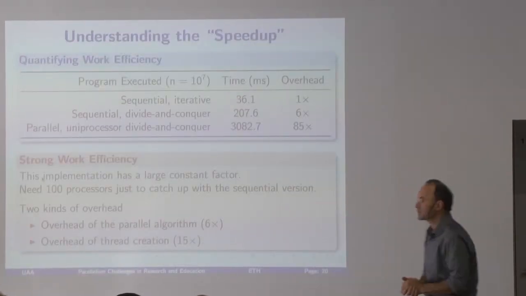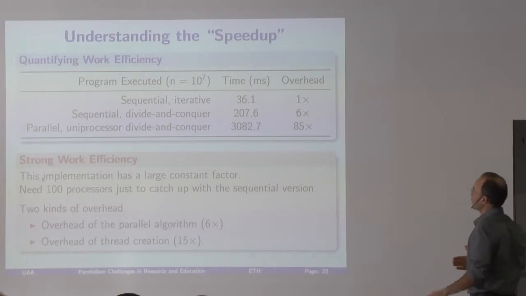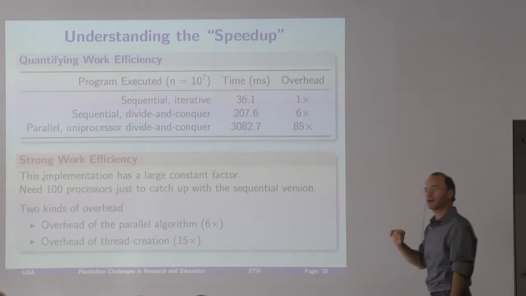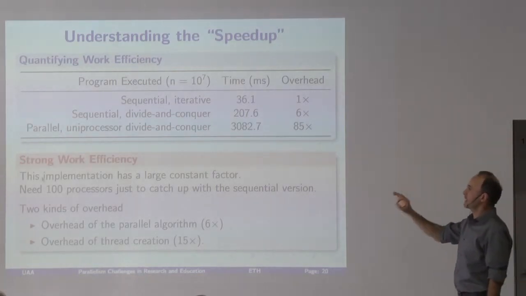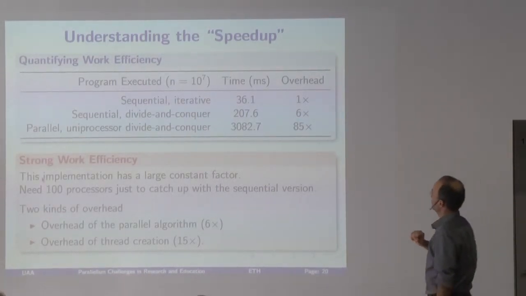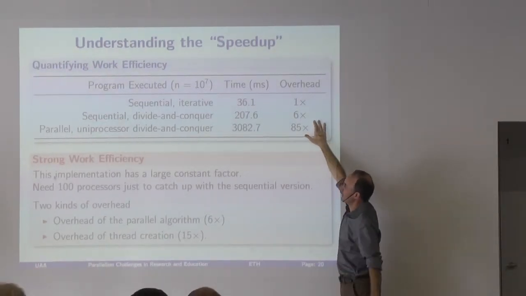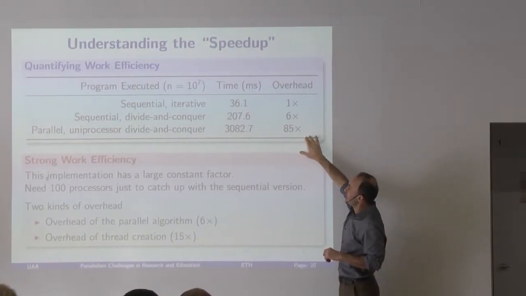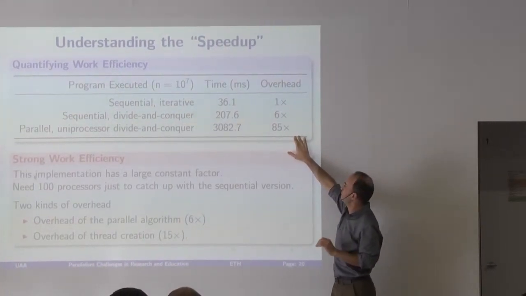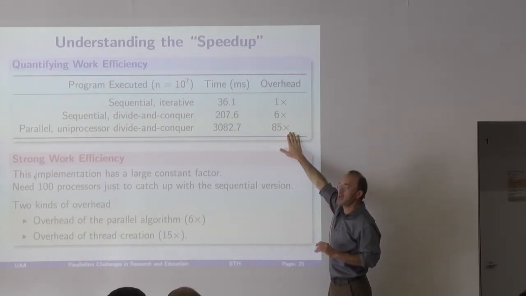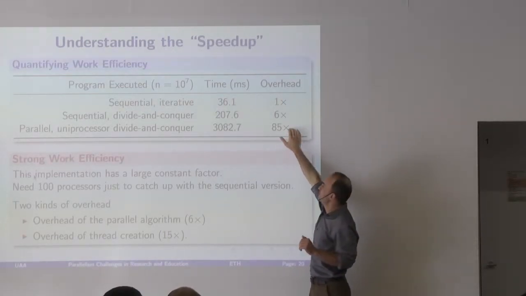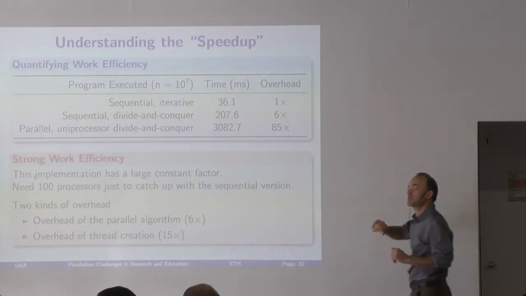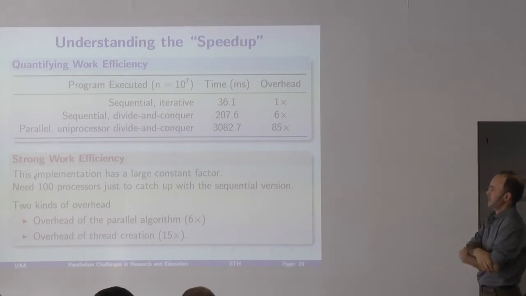So to understand the speed-up, we took some measurements. We compared the sequential iterative code with the sequential divide and conquer code and with the parallel divide and conquer code executed on a single processor. And what we see is that the sequential divide and conquer code is 6 times slower than the sequential iterative one. And the parallel uniprocessor run of the divide and conquer code is about 15 times slower than the sequential one. So in total, we have approximately factor 90, almost 2 orders of magnitude overhead that we obtain